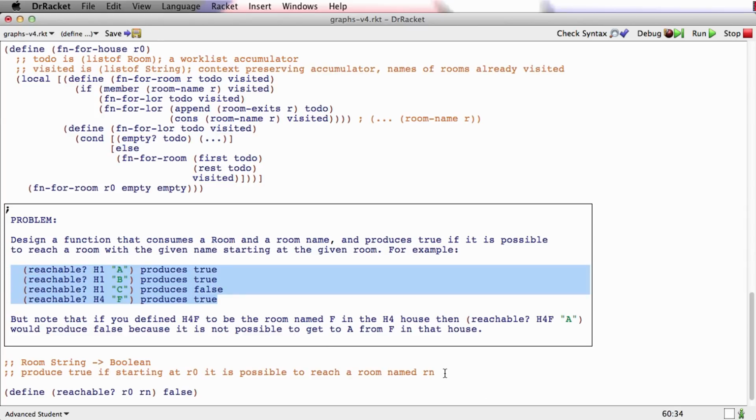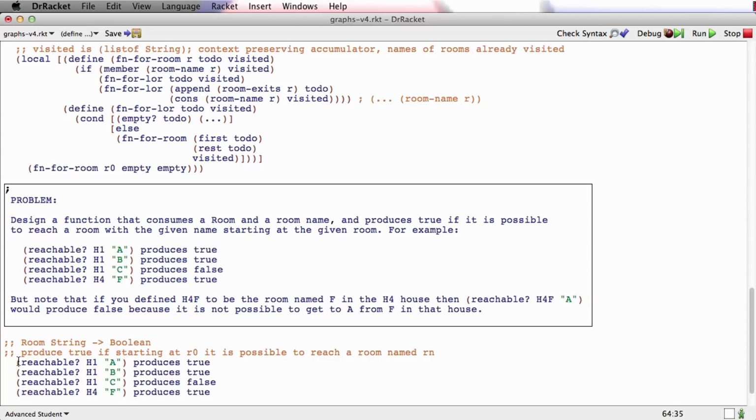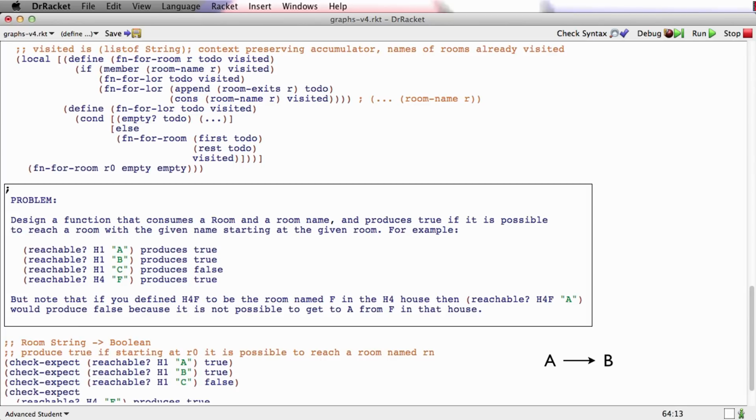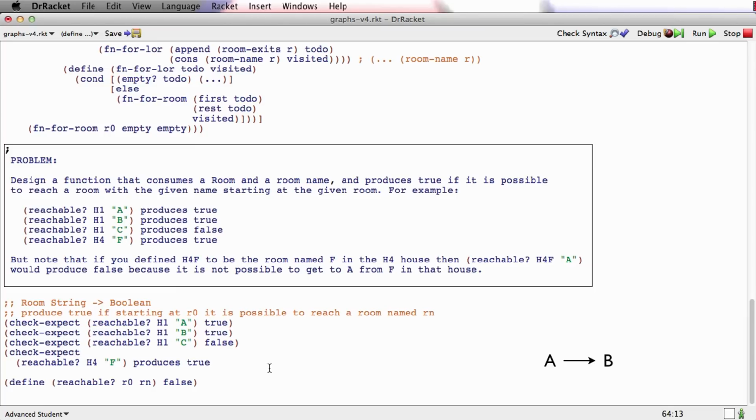Well, as always, when you get given them for free, you should use them. So let's start with all of these. This is going to be true, and this is going to be true. This is going to be false. And let's do one more case here before we get to this one in H1. Let's, in H1, start at B and see if you can get back to A. We should ask that question. Because the reason starting at the beginning of H1, which is A, you can get to A is because you're already there. So let's say check, expect,